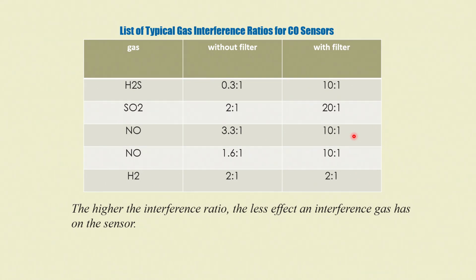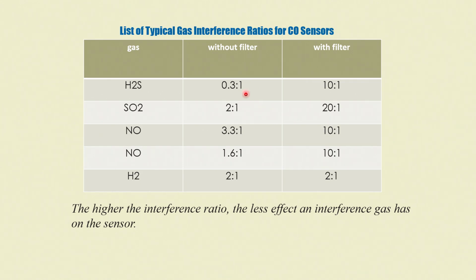What are the gases for CO sensors? Along with carbon monoxide, normally we will have H2S, SO2, NO, NO2, and H2, hydrogen gas. For H2S the ratio is 0.3:1 without filter; with filter the range expands to almost 10:1. Then 2:1 without filter interference, that means the CO concentration, if it is half of